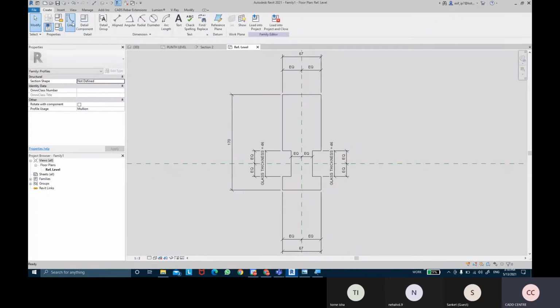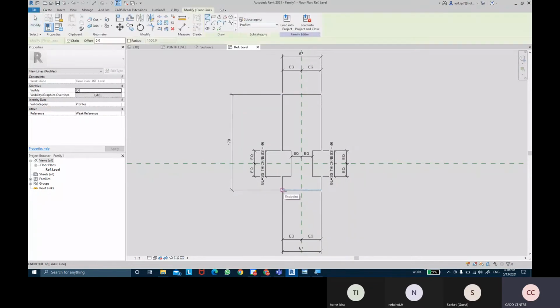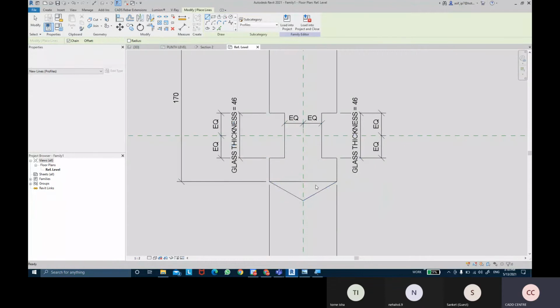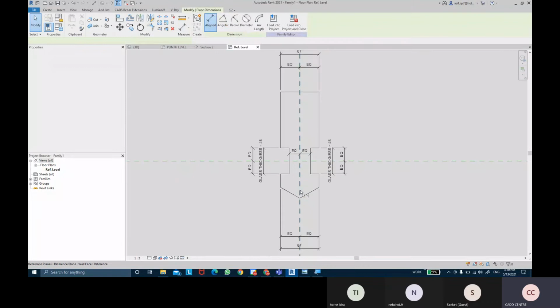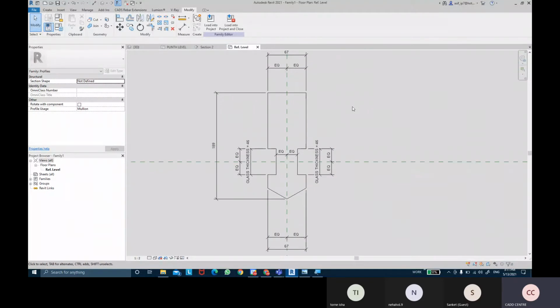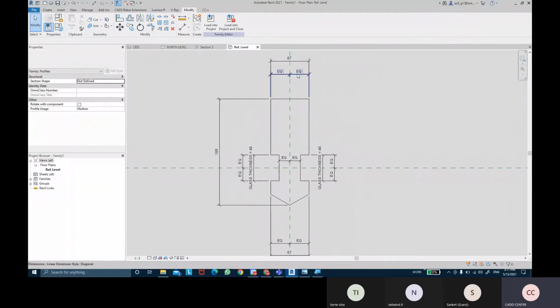You can add a different shape over here, a triangular shape. We can add parameters to these as well.